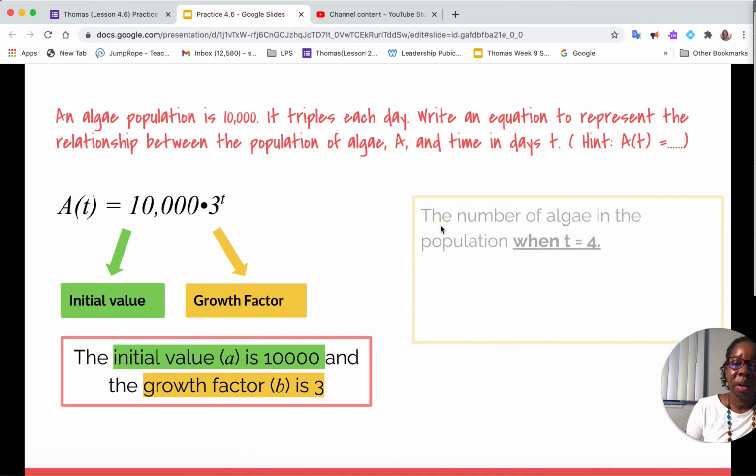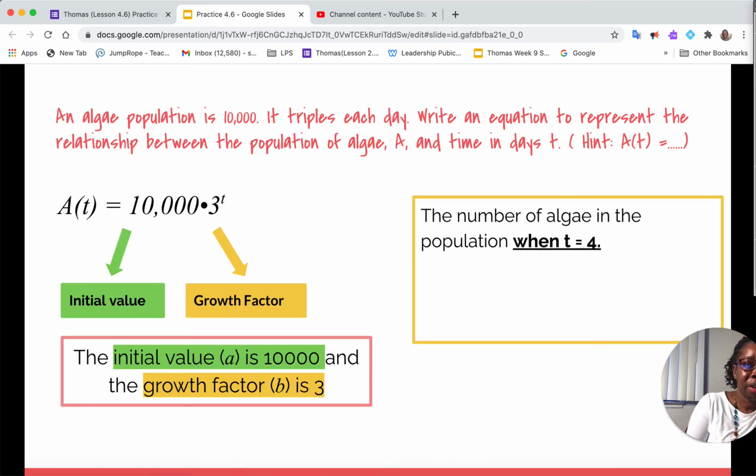And the second part of this question asks us to find the number of algae in the population when t is 4. So what we would do is we're going to replace t with 4. So we're going to have, we're actually trying to find A of 4, which means that it's 10,000 times 3 raised to the 4th power, because that t replaces a 4, so that is going to be